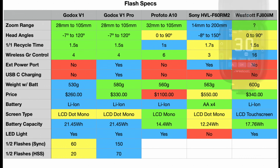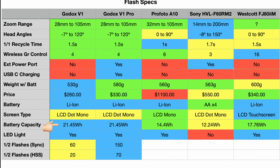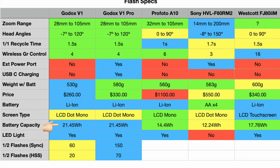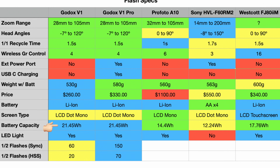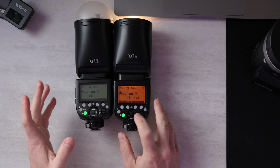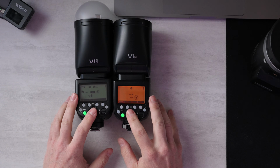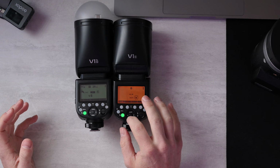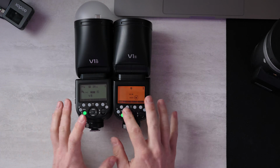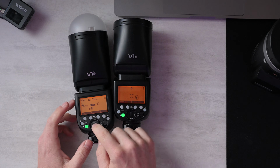The battery capacity on these Godox flashes is higher than anyone else's, 21.45 watt-hour versus 14.4 in the Profoto A10. And I've got to point out that one of the big disadvantages of these Godox flashes is this control wheel on the back. Everyone was hoping that they would ameliorate the control wheel experience on the new V1 Pro, but